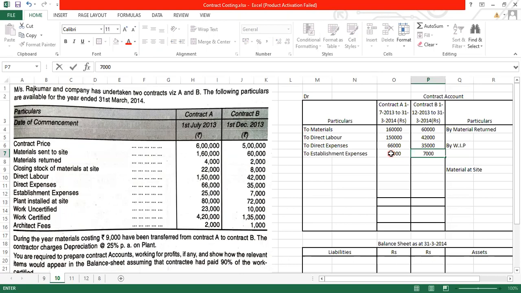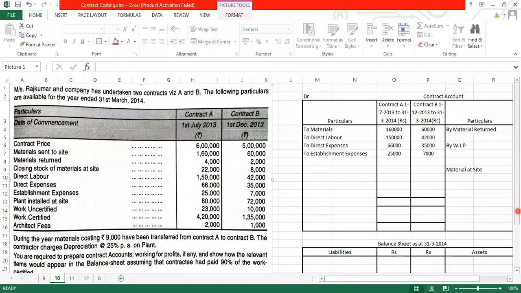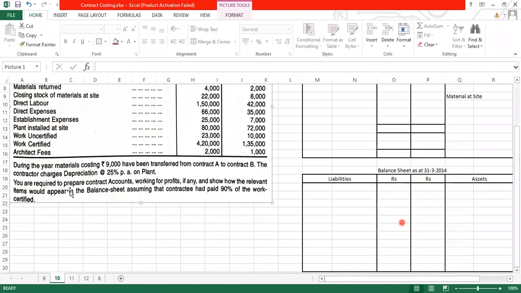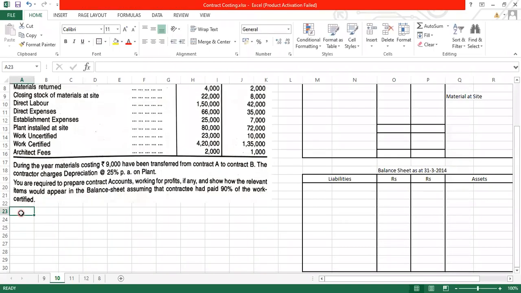Now in this sum we will see how the recording of the depreciation has been done when only a depreciation is given, and how we can close the account. So what will we do? First of all, we will make a working note for the depreciation. So just write down the heading, working notes.